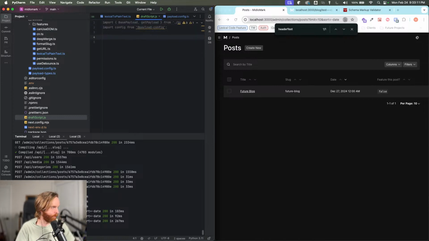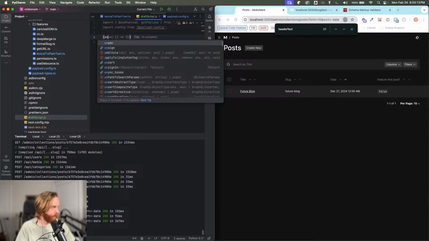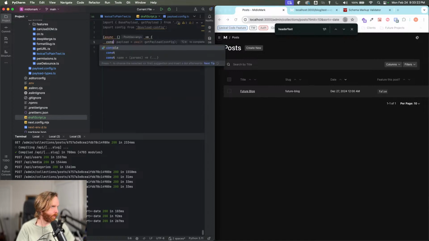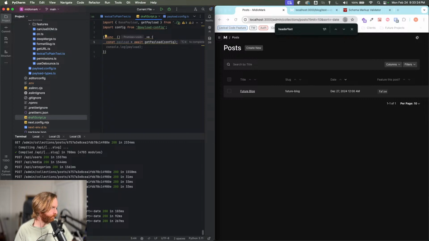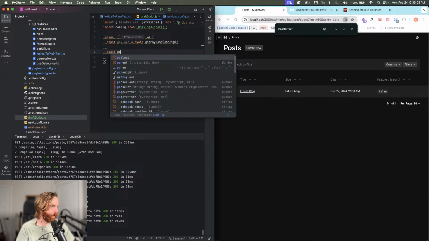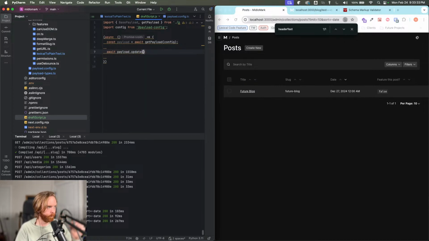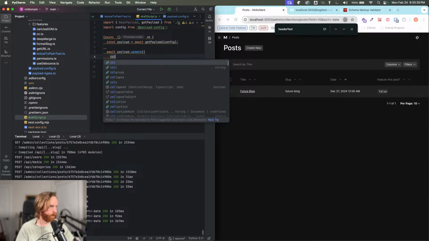Then we're going to do an async function that's going to do const payload await get payload config. Then we're going to await payload and do an update for